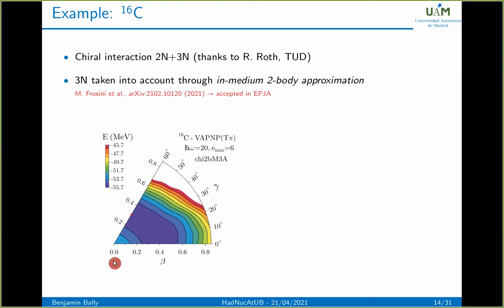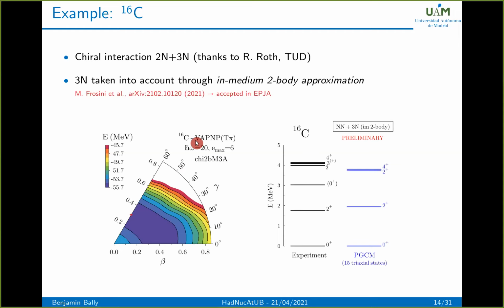So then the next step is to take certain points in this surface. Here I selected points with a delta in beta of 0.2. So I selected 15 states in this surface, and I performed the symmetry projection and the mixing. And here I compare to experimental results. In particular, some people at GANIL recently performed new experimental runs concerning carbon 16, and it was what motivated this preliminary work.